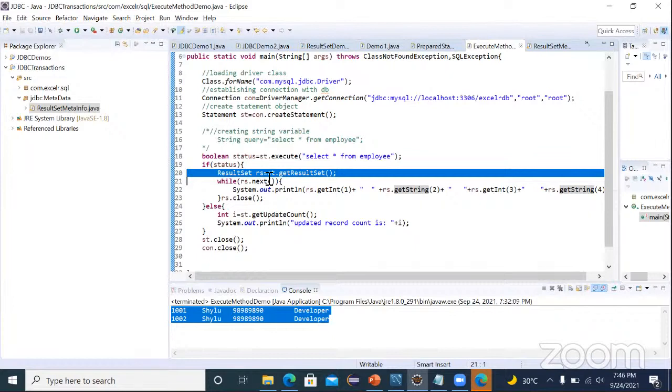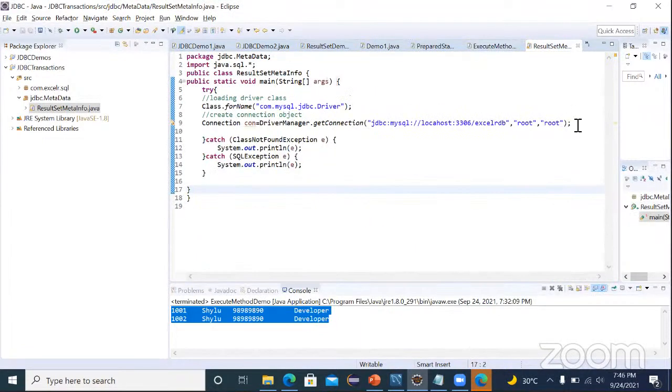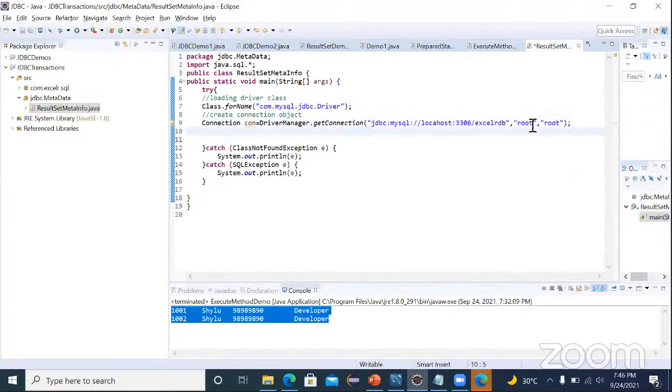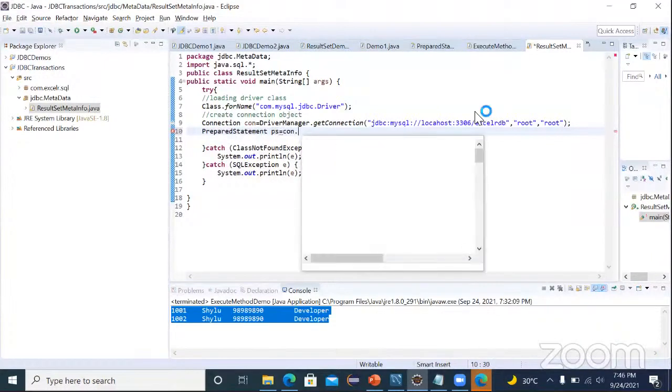Fine. So let's move to another one. That's ResultSetMetaData. Now let me take a PreparedStatement. PS equals connection object dot